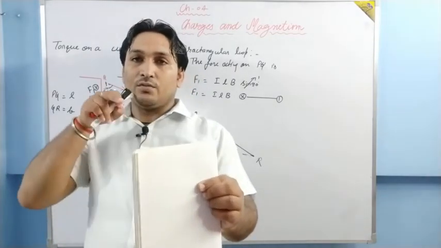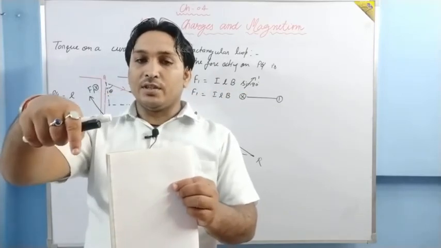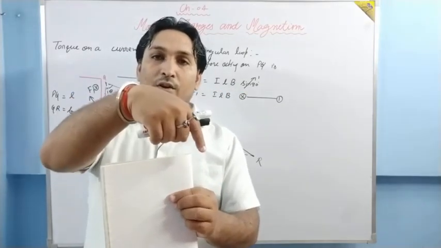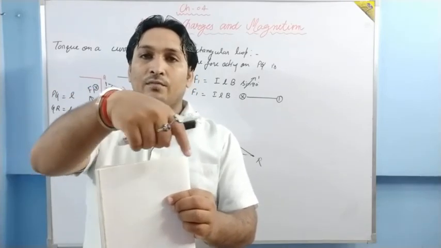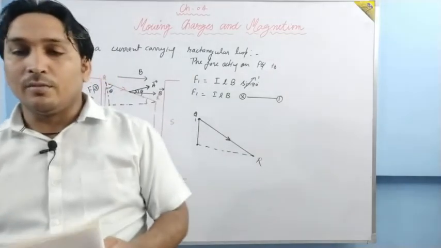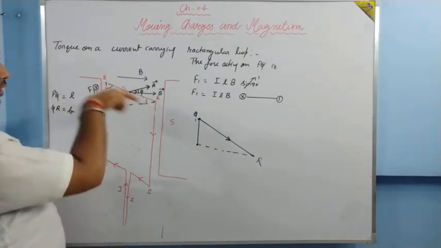Force on this is towards me, force on this towards yourself. So basically, what is the perpendicular distance between them? If you make a perpendicular over here, you'll have a right angle triangle, and that very right angle triangle I am talking about. Now force on this one, this current will be